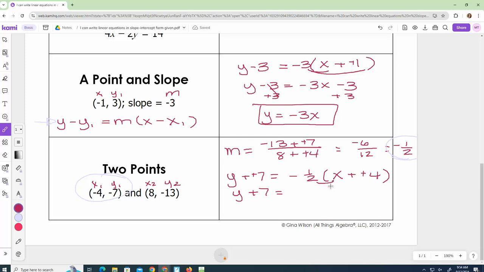We distribute. Negative 1/2 times x is negative 1/2 x. Negative 1/2 times 4 is negative 2. Get y by itself, so if we subtract our 7, y is negative 1/2 x minus 9. So these are all the different options